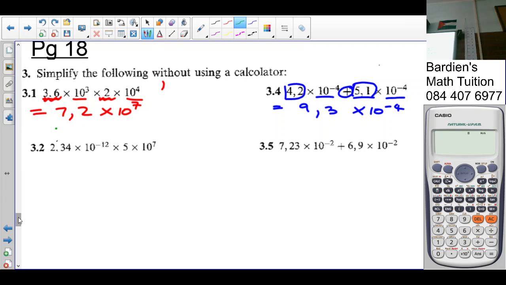So 3.2, we multiply. When we're multiplying and the bases are the same, what do we do with the exponents? We add them. So that and that, the bases are the same. So in other words, I'm going to multiply